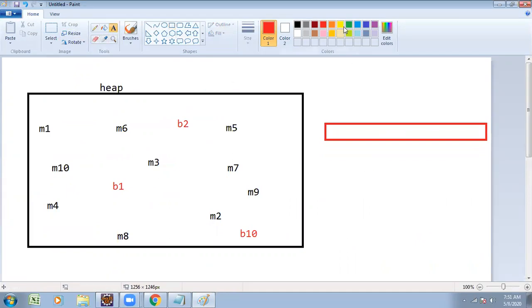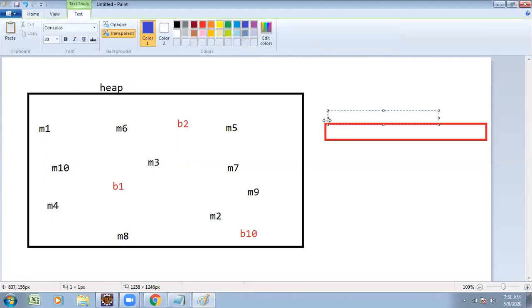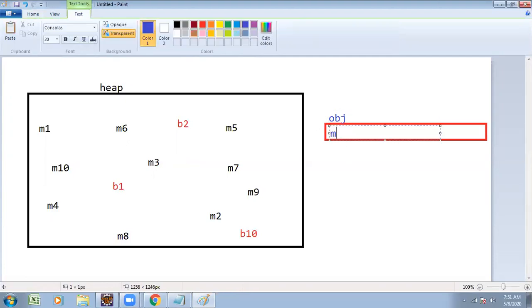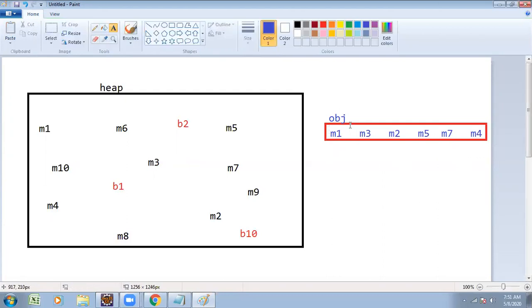To overcome that problem, we create one object, suppose obj. Under the obj object, I store the m1 object, m3, m2, as well as m5, m7, M4, n number of objects.